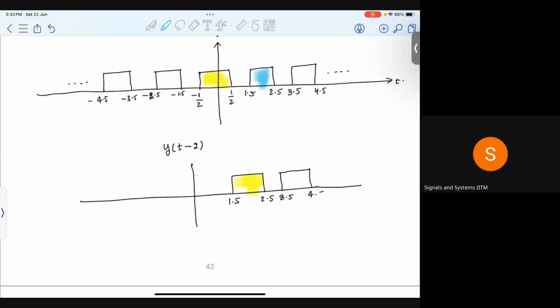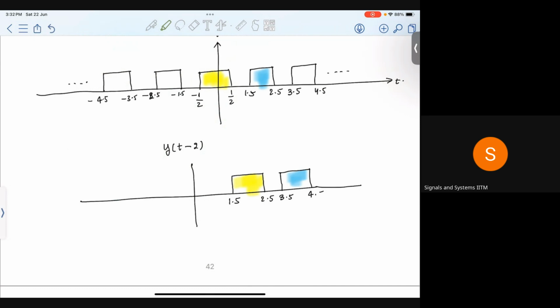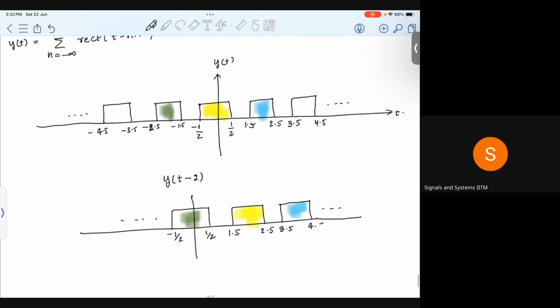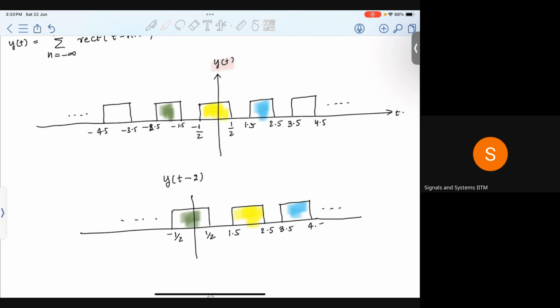So this is the block in blue. And the block I fill in green gets shifted, and so on. So this is y of t,